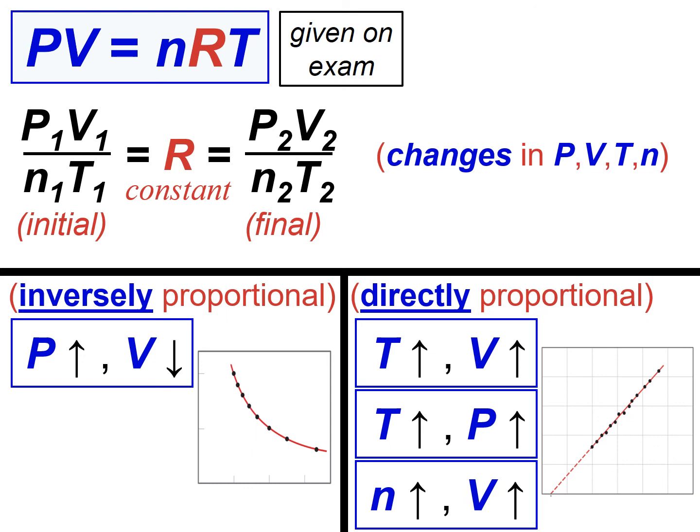P goes up and V goes down. T goes up, V goes up. T goes up, and P goes up, and N goes up, and V goes up. So there is some important